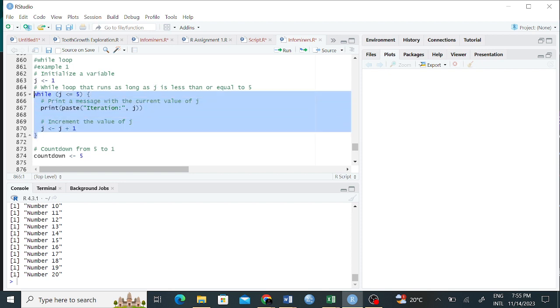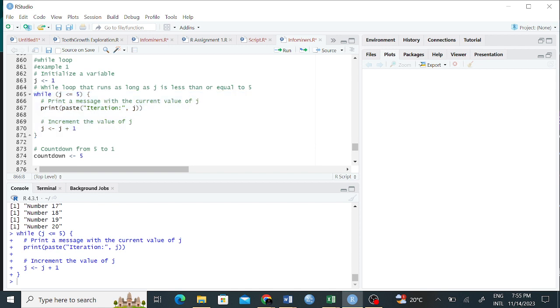So if I run this one, I have already created it, right? What is wrong with our value here? Anybody seeing any issue with our, because it's supposed to be running?